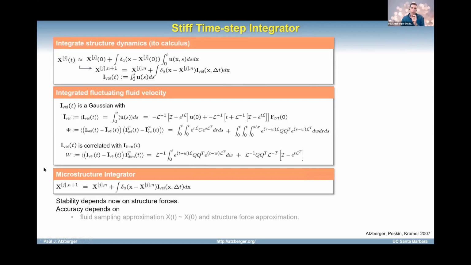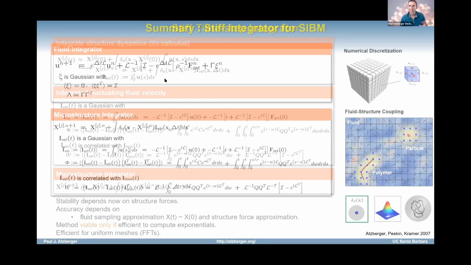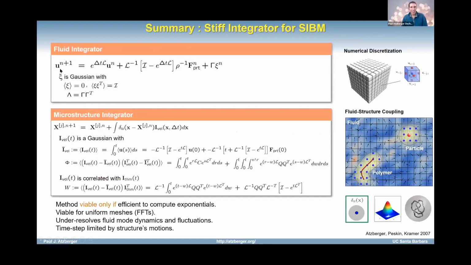So that's basically the scheme. I'm just going to go to the summary of it, which again, I don't want people to absorb on the fly, given how quickly I'm going. Basically this tells you how the fluid updates over that time scale delta t, and how the microstructure evolves over delta t, and now you've gotten rid of the stability constraint from those high frequency excited fluid modes. So now stability and accuracy depend primarily on the microstructure evolution.